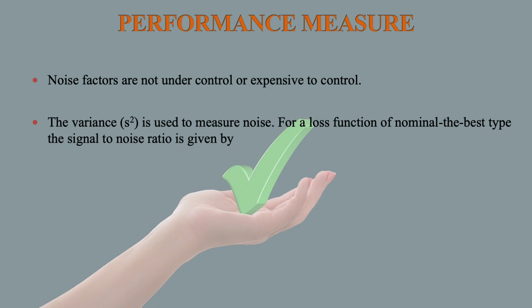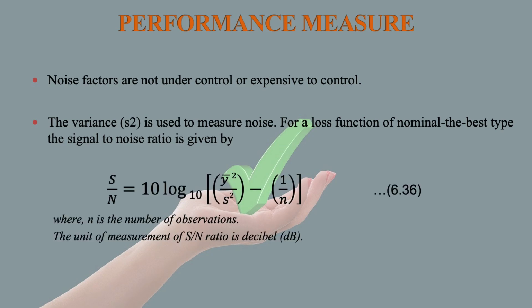For a loss function of nominal the best type, the signal to noise ratio is given by S by N is equal to 10 log 10 y bar square by S square minus 1 by n. This is the equation where n is the number of observations, and the unit of measurement of signal to noise ratio